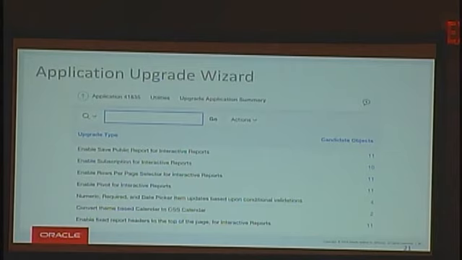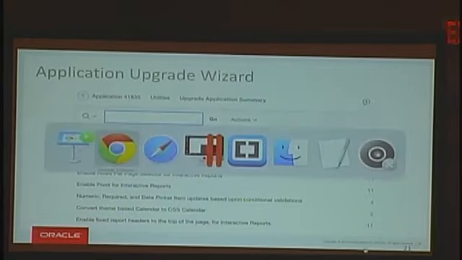One feature, which is already there, I think, since Apex 4.0 or 4.1, but which is enhanced with every release, is the application upgrade wizard. Most of you probably have never seen it because you will just see it if you import an application from an old system. But if you just upgrade an existing instance, you never will see it. And if we have a look at what you can do with that,